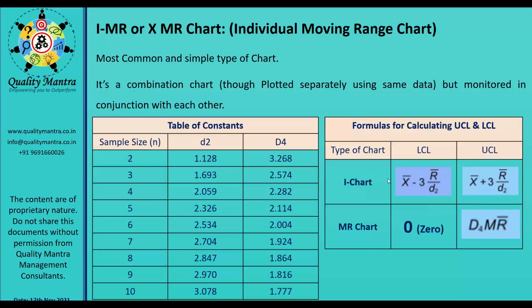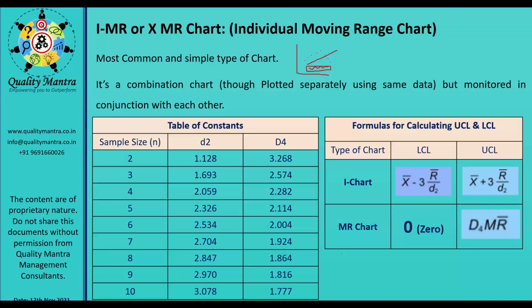Because it is representative of the entire batch, there is no point in plotting the 5 data or 10 data. Again, it will be very hodgepodge and you will not be able to conclude anything. Like on the control chart, if you keep on plotting 5 data every hour, then 5 data again, every day there will be a lot and lot of data. So you will not be able to find out any trends also. And as this data will be from that particular batch, it will be very near to each other. So there is no point in plotting the individual data. In such cases, the subgroups come into the picture.